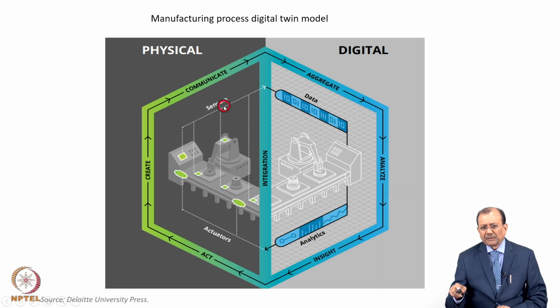Whatever is happening here, whatever data is being generated in this physical object and the kind of thing we want to monitor, the data pertaining to those functions is being sent and captured in the computer system, and then the digital twin structure starts capturing this and it is used in this system for giving various kinds of outcomes, outputs and decisions, which we will learn in a moment's time.